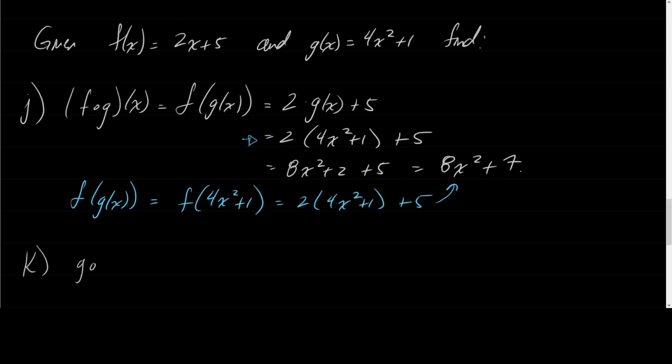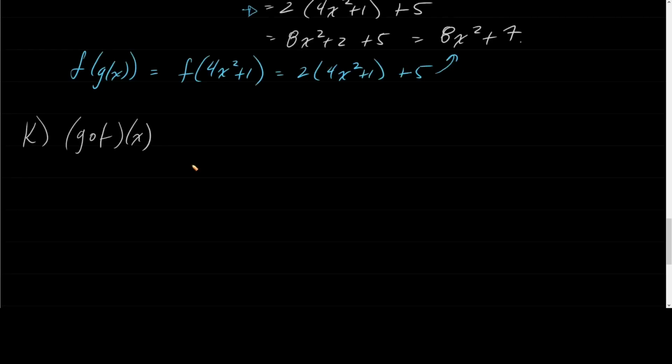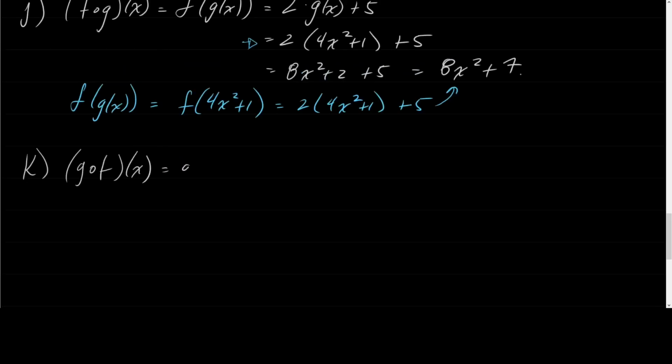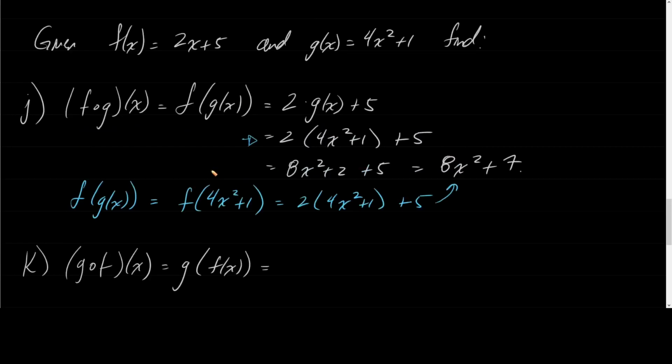Let's look at g composed with f. Well, g composed with f is really saying g of f of x, right? So that's really saying plug in f of x into g. And what was g? 4x squared plus 1. So I'm going to say what we have here is 4 times f of x squared, and then that plus 1. But then what was f of x? f of x was 2x plus 5, so we have 4 times 2x plus 5 squared,